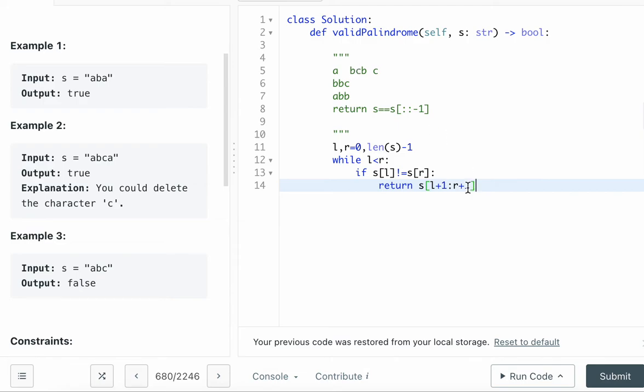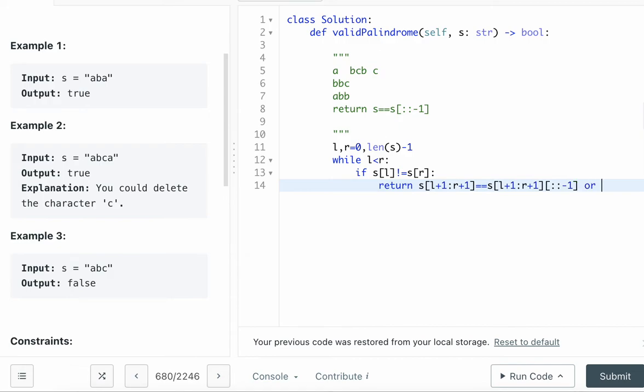So this is basically the index, and this has to equal the opposite of it. If I read this backward, if the forward reading equals the backward reading, they're true. If they are false, then I'm going to return false, right? This is one scenario. The other scenario is that I'm also going to check if I delete the last